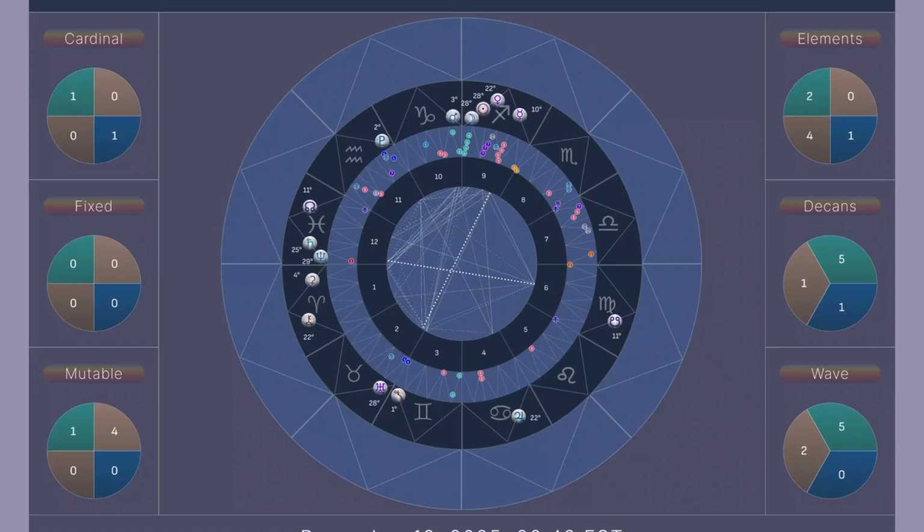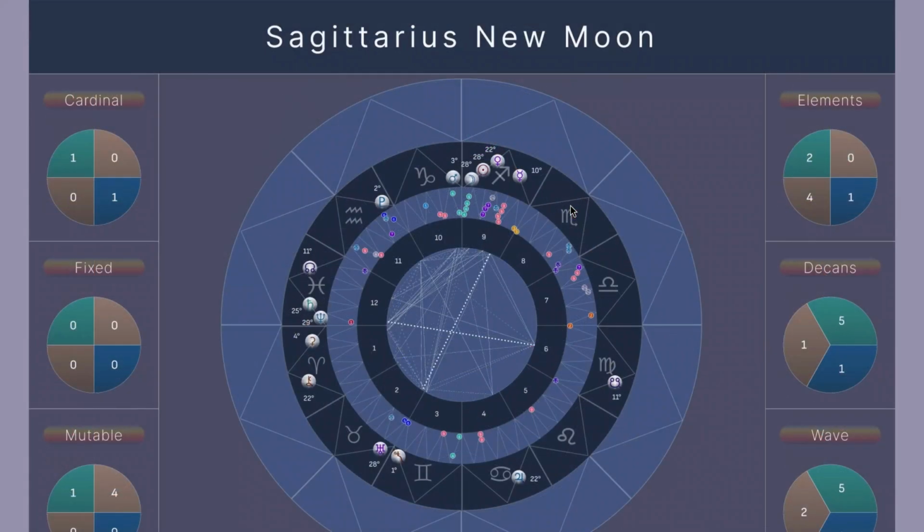So there's nothing on the peak. There's a couple on the ascending arc, but there's 5 on the descending arc. So this is about the way that I'm reading this right now. That's about inner embodiment, not outer structure building or paying attention to what's going on with the outer and understanding that. It's more about paying attention to what's going on in the inner and doing that work. So I will leave that there now.